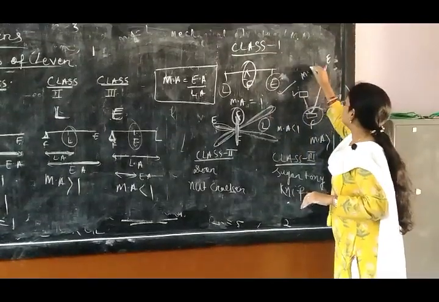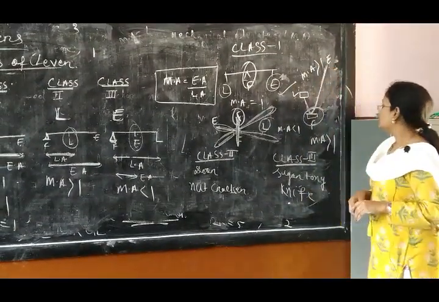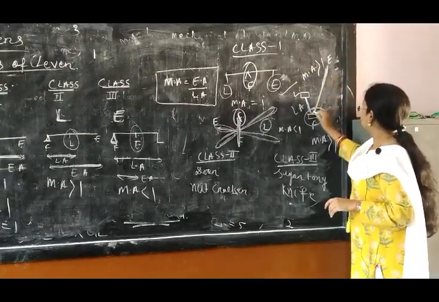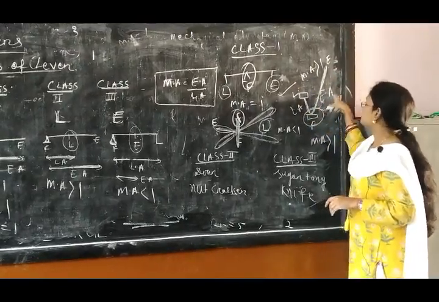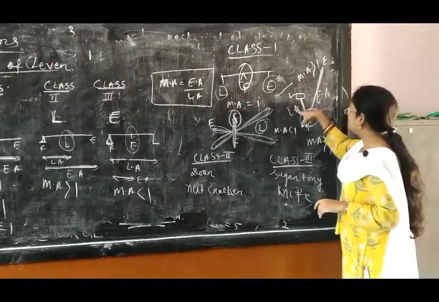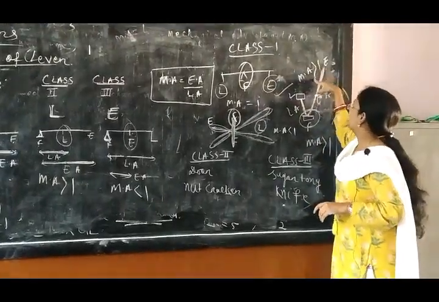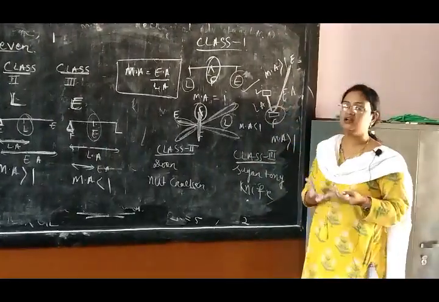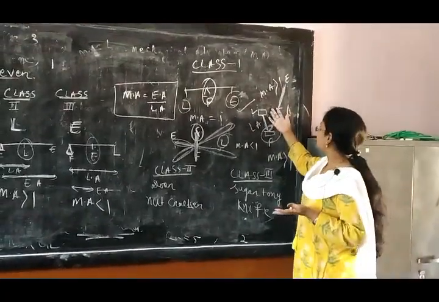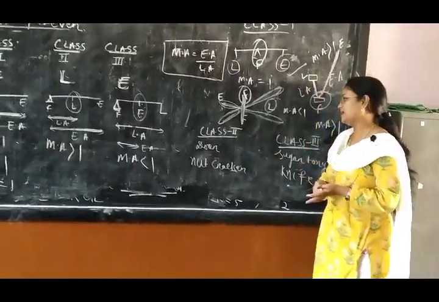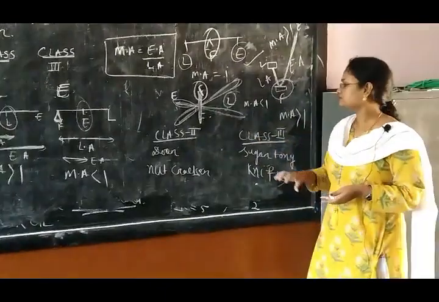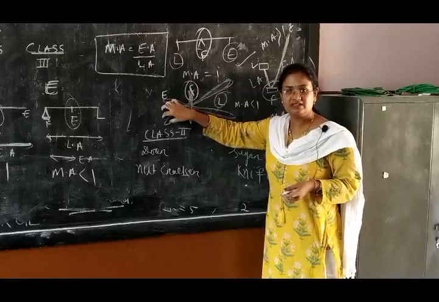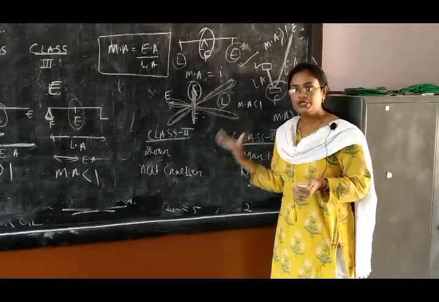Here the mechanical advantage is greater than 1. Why? Because from fulcrum to load is the load arm, and from effort to fulcrum is the effort arm. Here the effort arm is more than the load arm, that's why the mechanical advantage is greater than 1. If you apply a small force, you can lift a heavy stone, so it is used as a force multiplier. And in this scissor, the long part covers a large distance, while the short part covers a small distance, so this is used as a speed multiplier.